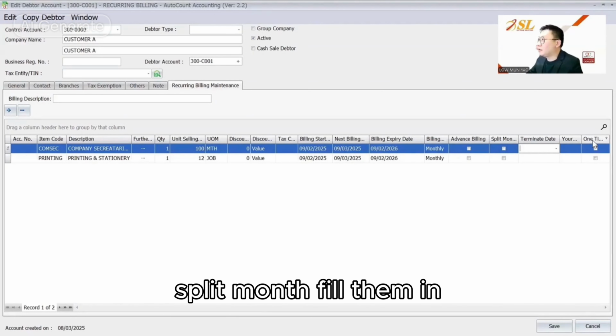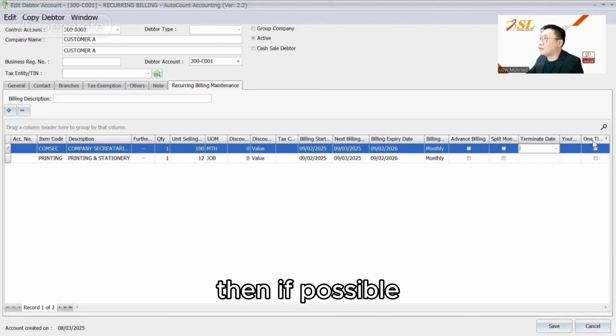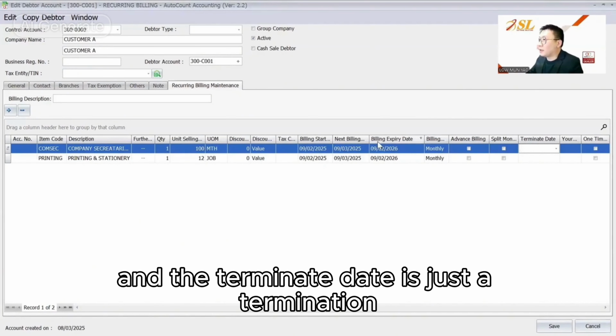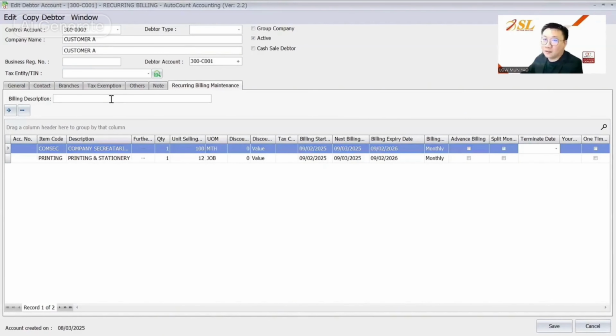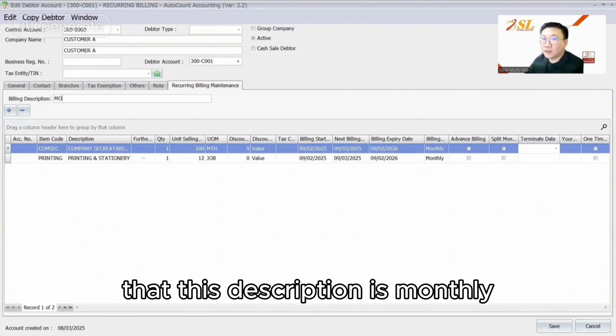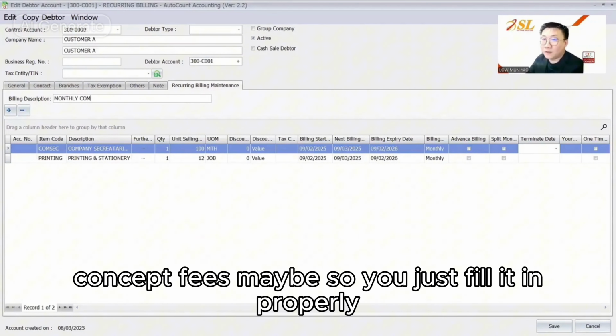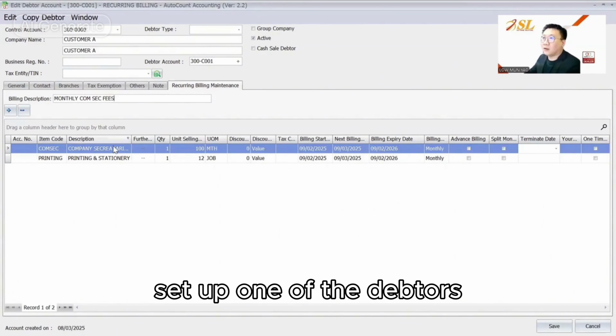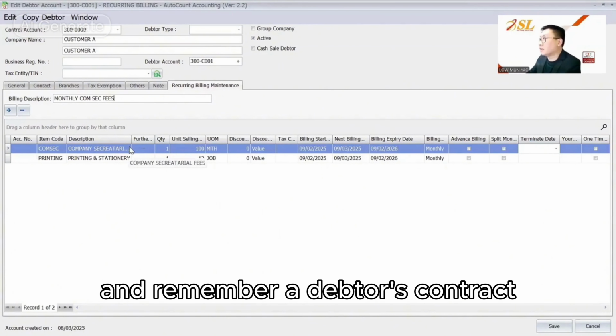Advanced bill, split month, fill them in month by month, and that's it. Then if possible, you don't need to use this recurring bill for the terminate date, and the terminate date is just a termination before the expire date. Then this description is monthly, concept fees maybe. So you just fill it in properly, set up one of the debtors, and remember a debtor's contract, then set